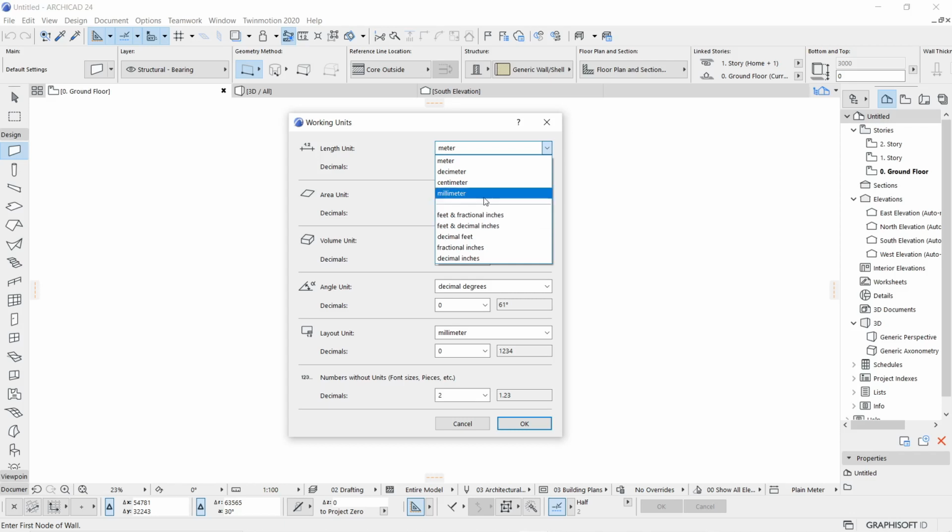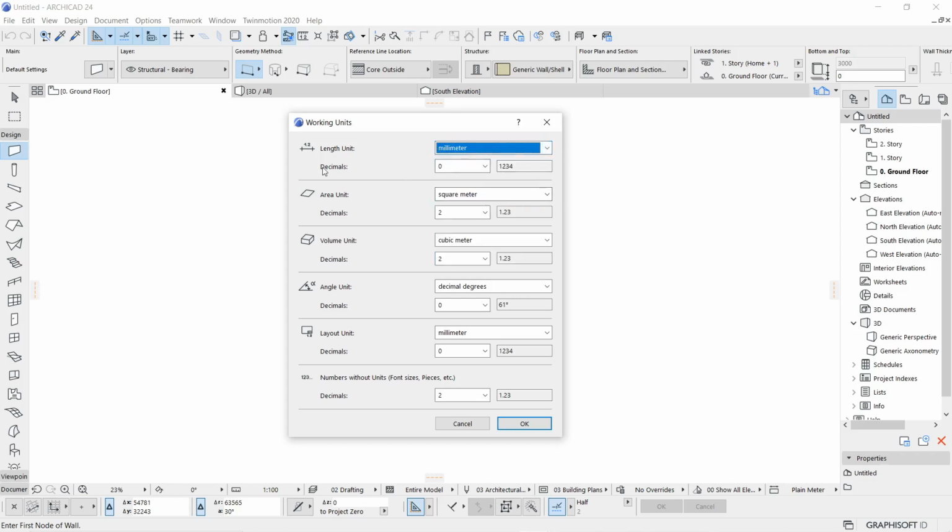You just have to choose your required data entry format. So maybe I'll continue for a while with the millimeter. The number of decimal places: here is the example. In case of millimeter, you can add one decimal place, and this is how it will look for the data entry. But I think let's keep it zero decimal. So no need of changing that.